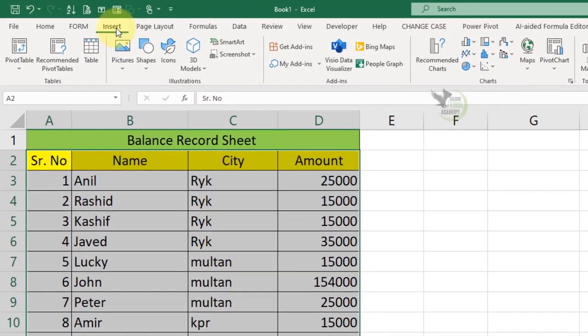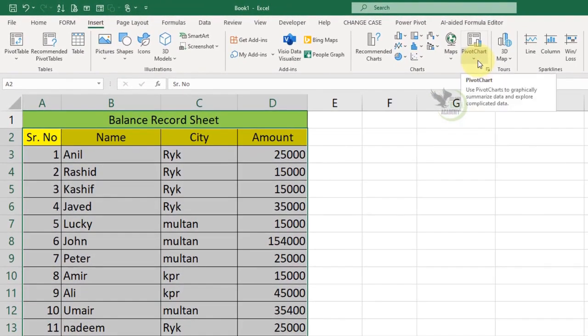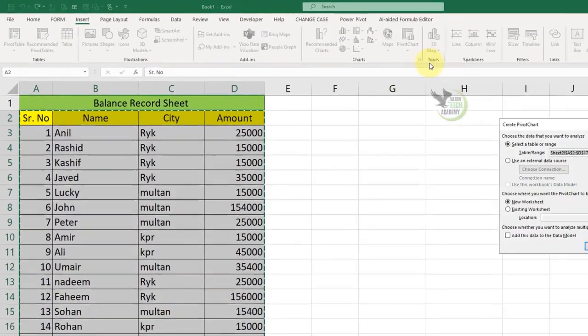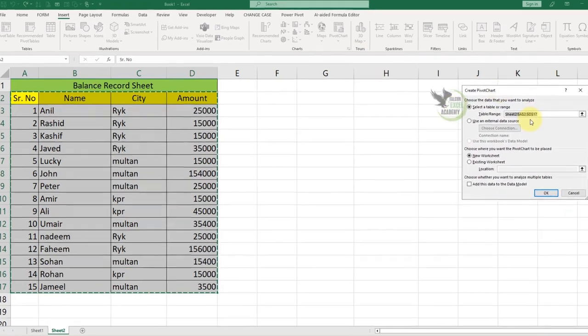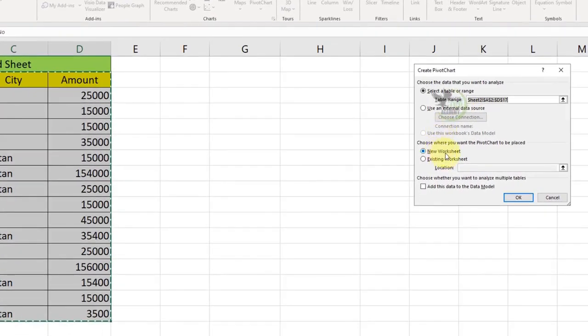After selecting, you need to go to insert and then go to pivot chart. After clicking on pivot chart, you need to click on pivot chart again. Now, as soon as we click on pivot chart, this dialog box for pivot chart opens in front of you. Now, whether you want to insert the pivot chart on a new worksheet or on this one, that's up to you. So, suppose we want to do it right here, then we need to click on the second command here,